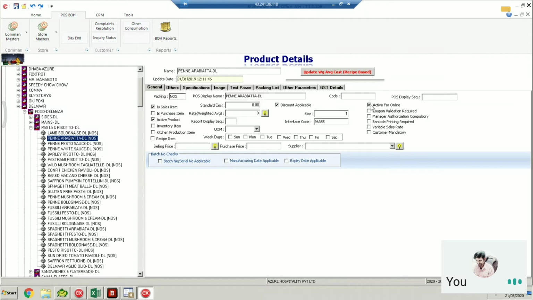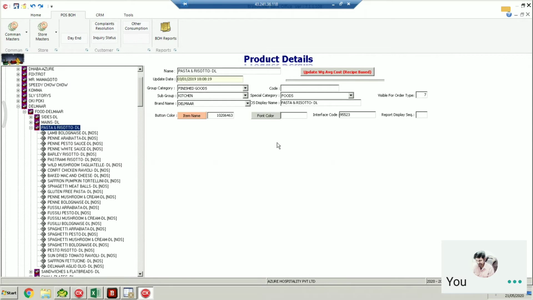So the menu management is the same as how it is done in the POS. Whatever menu is configured in POS, the same menu you can push to the portal with an additional configuration of active for online or not. Is the same check mark available for groups also? Yes, the same is available on groups also. So where is the option in group? This is actually the back office system. It is available in the ERP system.